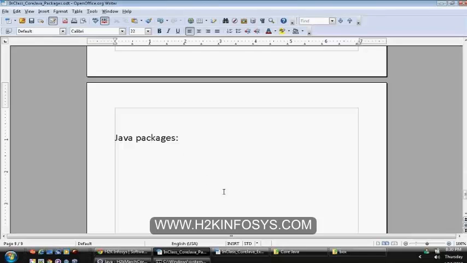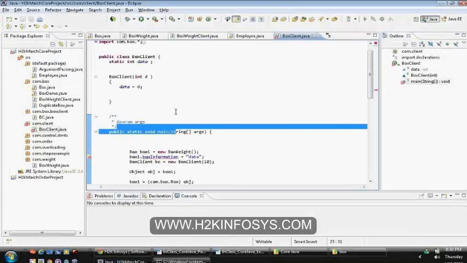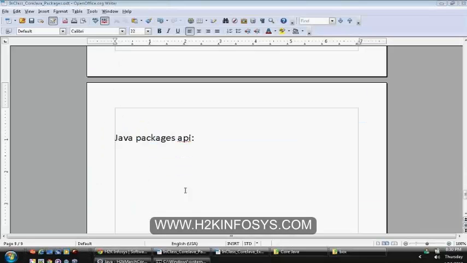Yesterday, we discussed the Java API packages. Java also provided several classes, just like how you are writing your classes and organizing them with respect to packages. Java also provided a lot of packages and a lot of class files, and they have divided them as different packages.